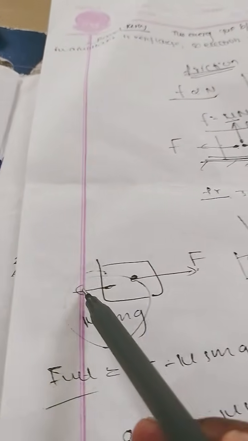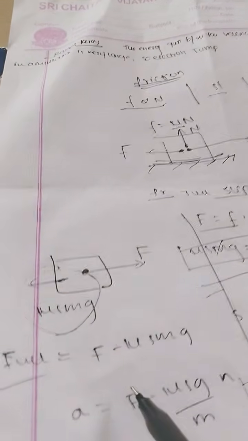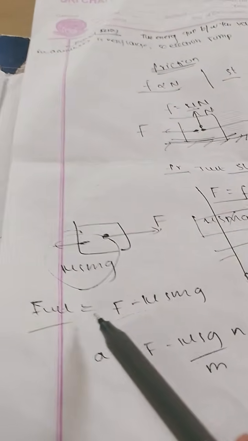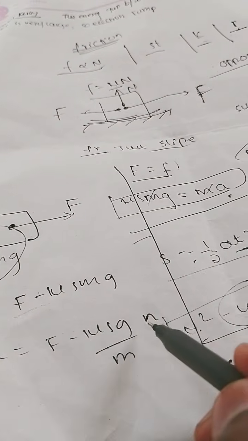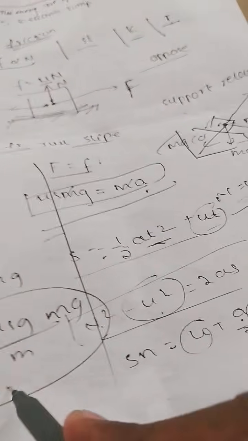Okay, in the previous video we discussed that when the force F is applied, the limiting frictional force will act in the opposite direction, that is mu s into mg. We can write F minus mu s into mg. From Newton's second law, F net is equal to ma, so F minus mu s into mg divided by m gives the acceleration. By substituting the acceleration in the above equation,